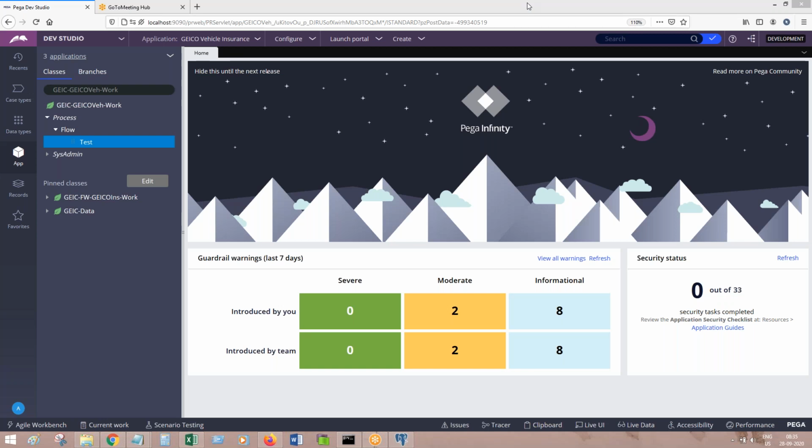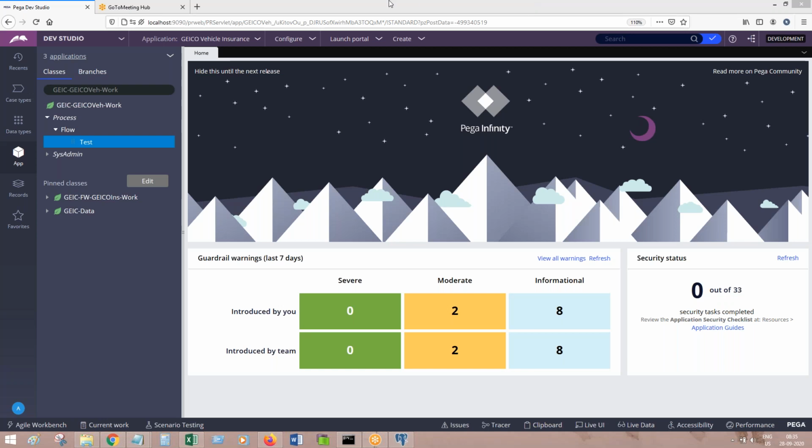So that if one operator is doing some activities on a work object, the other operator should not be able to do the same thing on that work object, to prevent data inconsistency. Data inconsistency: if one operator is updating something, another operator should not be updating the same. So you need to acquire a lock. Once the lock is acquired, other people will not be able to update it.